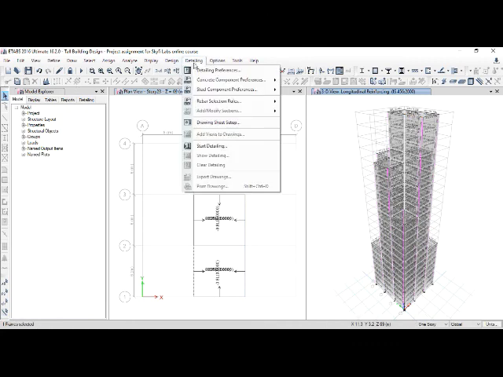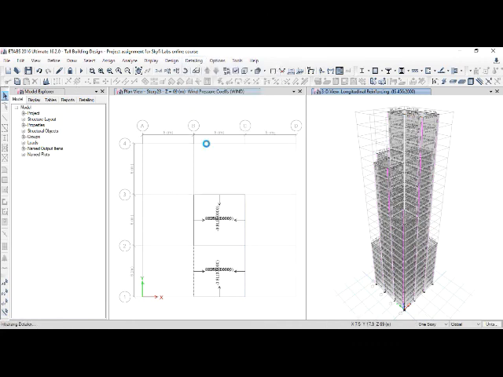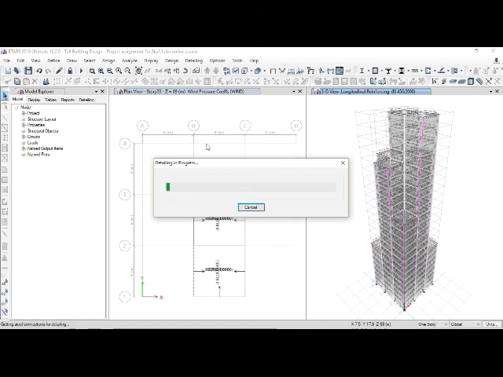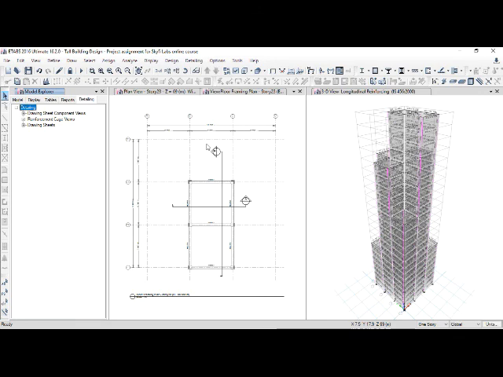Then we'll start detailing. So click and start the detailing option so that we can see the reinforcement detailing for the beam, slab and column. You can see the reinforcement plan at the 23rd story.